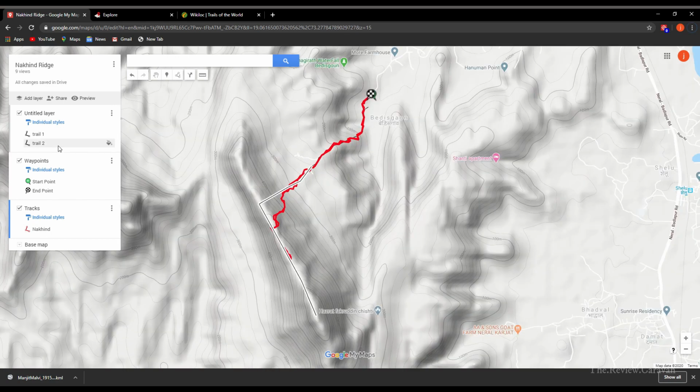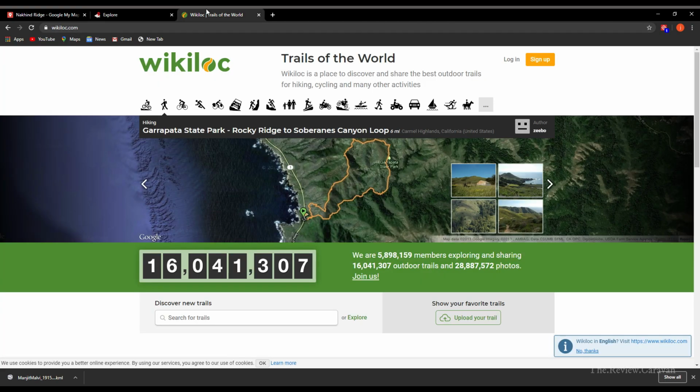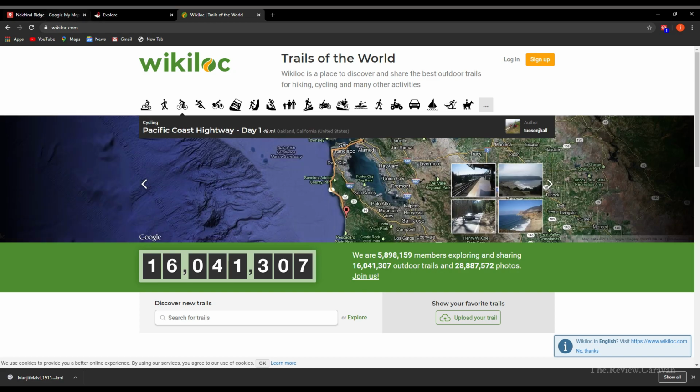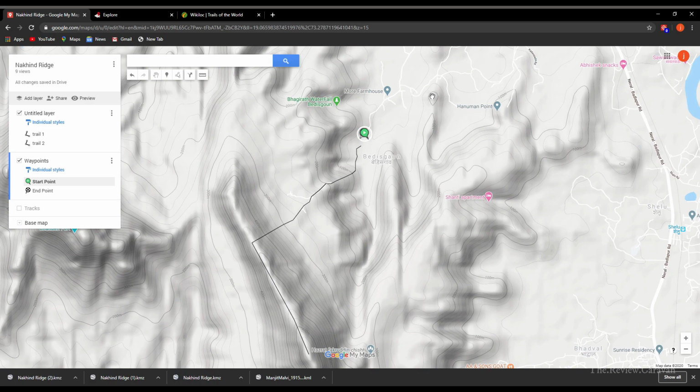So whenever we are planning any trek to a place, our first step would be to check for the GPS trails if they are available on the internet. And the best way to do so would be to find the GPS trails either on the Rambler site or on the Wikiloc site. If there are no trails available to this place, the best possible method would be to construct your own trail using the method which we have just learned.